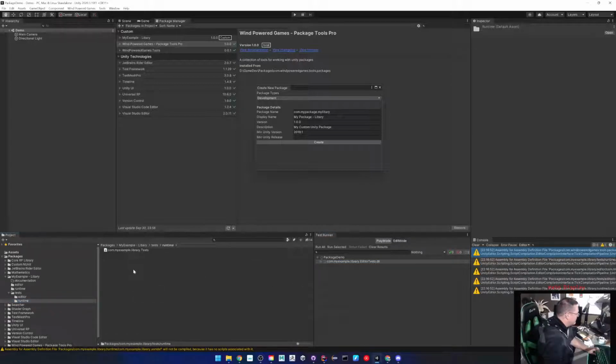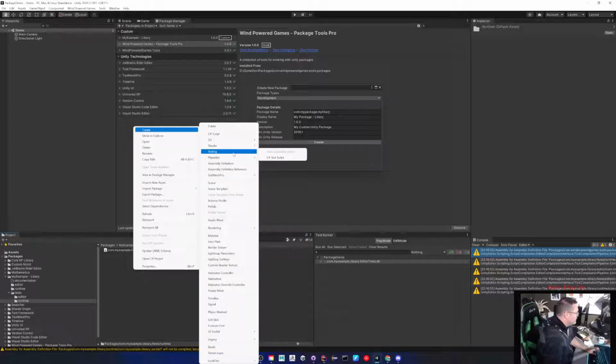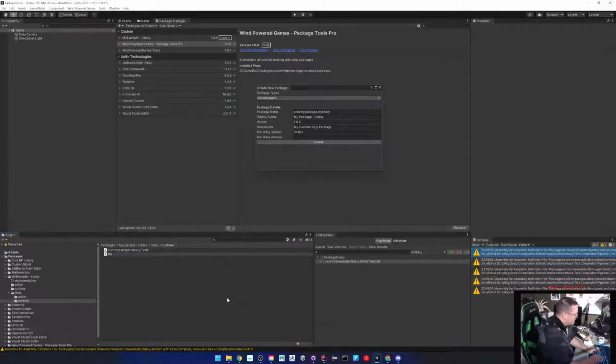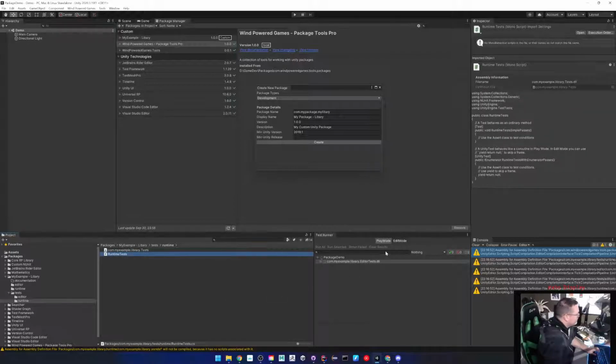And then if I go to the runtime one and go create testing tests, runtime tests, and then I go over to play mode, there's the runtime tests. So we have a fully working package ready to go in nothing more than a few seconds,